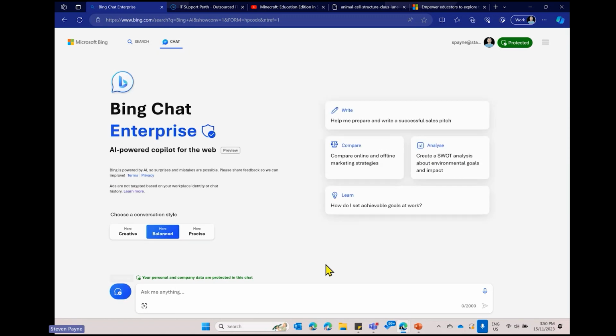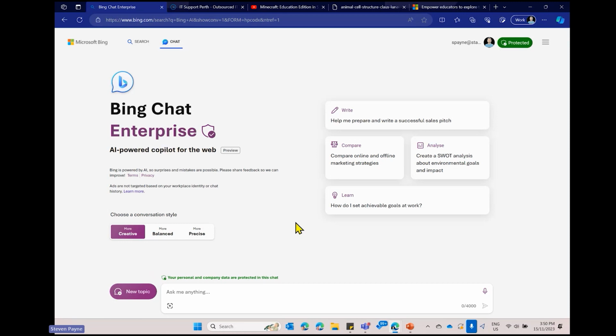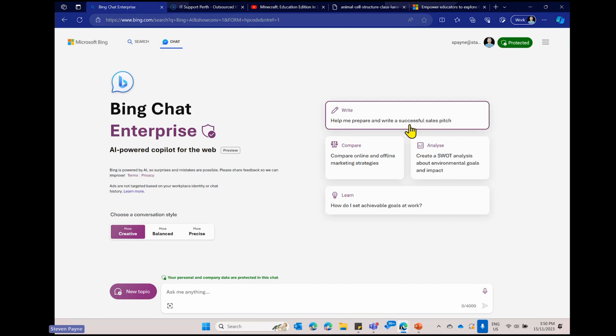Where I find it really useful, actually, is when you want to be a bit more creative. So, for example, you can actually ask Bing to create characters to fit a certain narrative, or you can combine different kind of genres. So let me just give you a really